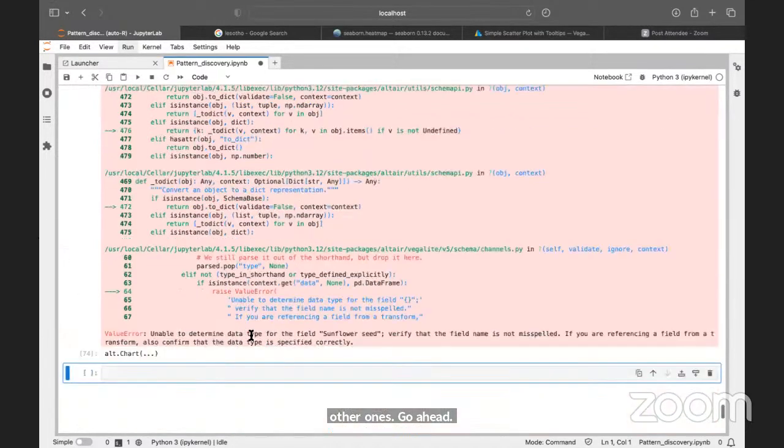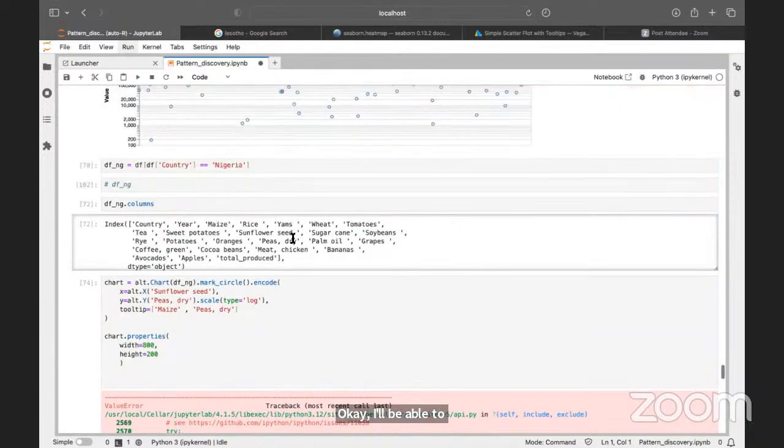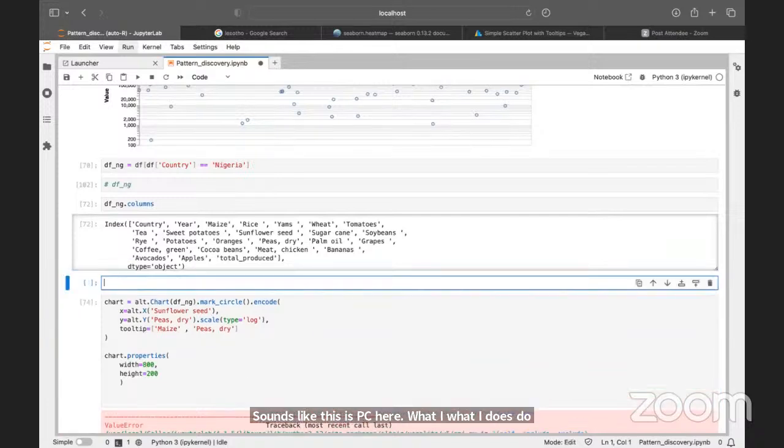Okay. Able to determine data type. Sunflower seed. Okay, there's a spacing here. What I'll just do is I'll correct it. So let's say